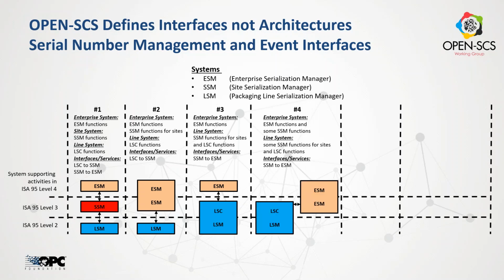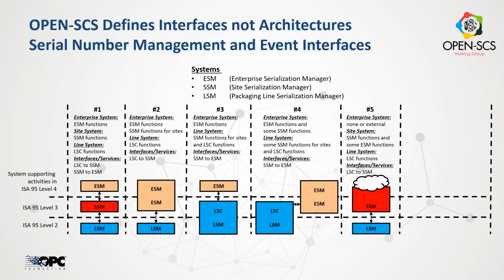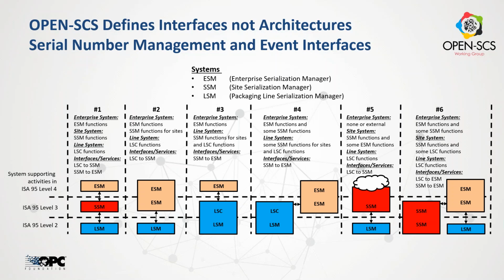Another possible architecture is one where there's overlap, or even possibly multiple different lines and packaging lines within the same facility that may be operating in different manners. So again, we have some communications. In this case, they may go across what we would call level 3. You could go up to cloud-based systems as well. So, for example, you may be managing all of your serial numbers and the unassigned serial numbers in a cloud-based system,